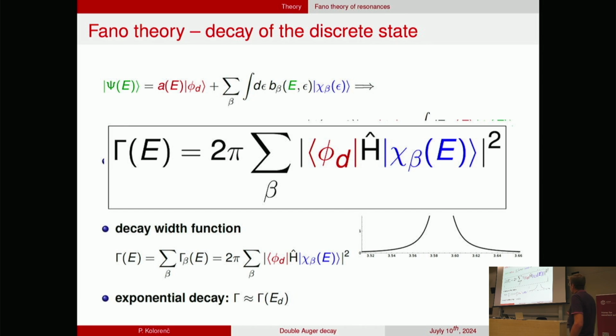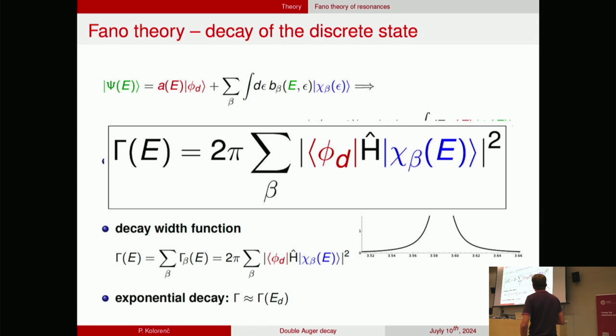The big difference is that here it's a function of energy. You don't have energy conservation necessarily, but if you are high enough above threshold, you will again get exponential decay, where the decay width or decay rate is given by evaluating this function at the